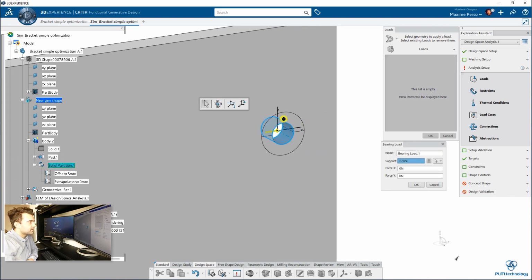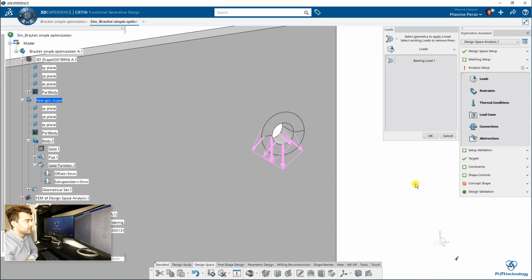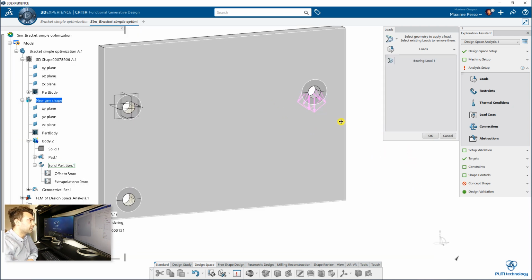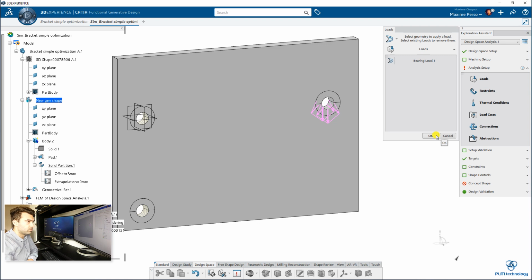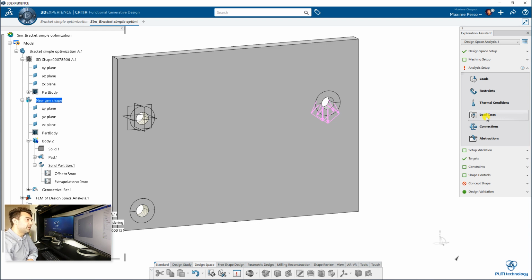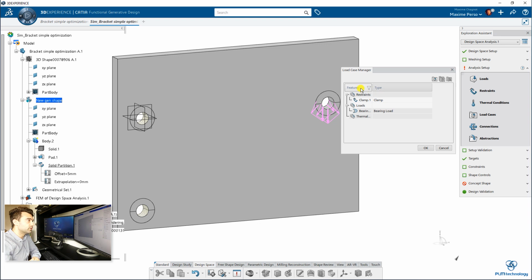You have X, Y, Z. I put it on Y, it's the vertical one. I will put minus 500 Newton, so that will be about 50 kilos for a bracket like that in aluminium. That should be more or less right. Click on OK, and we have to define, this is a very important step you have to do, to create a load case. And you have to create a new load case here, saying basically that you will select the clamp and the bearing